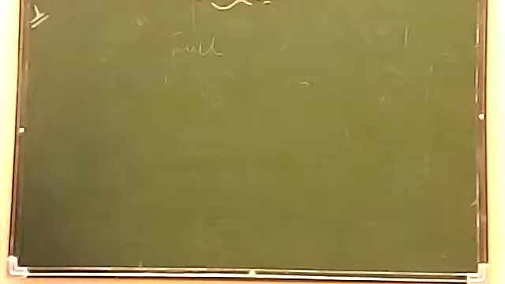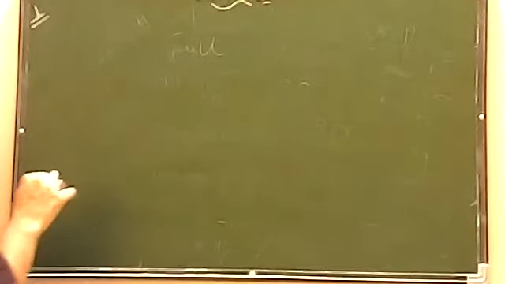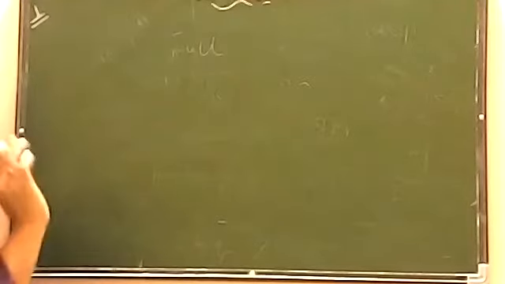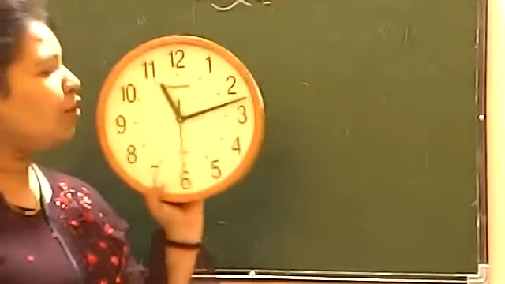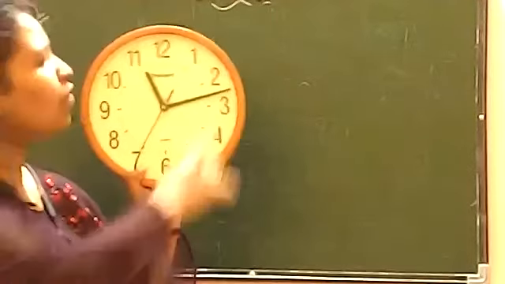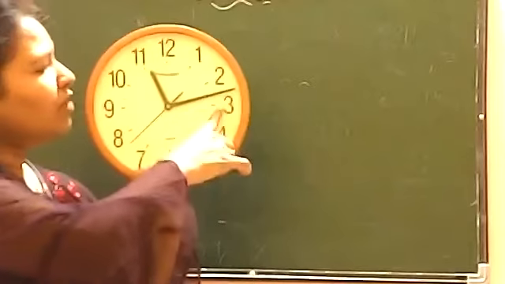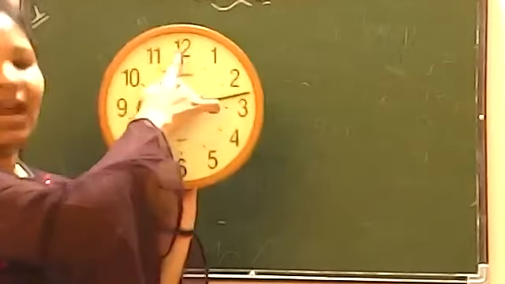So all of you, for the first question, you all have to make 6 circles because we have to talk about clockwise and anti-clockwise. So before I start this question, I want to tell you what is clockwise and what is anti-clockwise. I hope you all have seen the watches at your home. I am also going to show you one watch. This is the watch. You know whenever we have a watch, the hands of the clock are always rotating from 1, 2, 3, 4, 5, 6, 7, 8, 9, 10, 11 and 12.